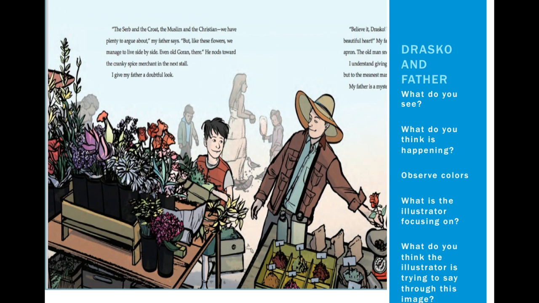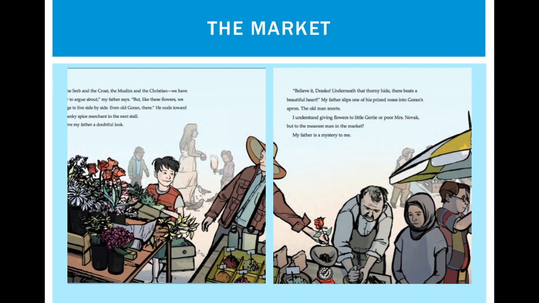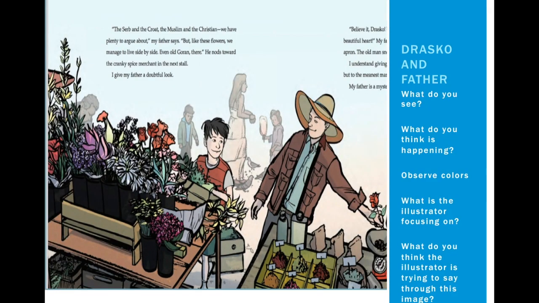When we look at the colors, the flowers are very bright. The colors that Driscoll and his father Milo are wearing are also very vibrant, as opposed to the people behind them that have a more muted color. It also brings us to that second or third or fourth question right there: what is the author or illustrator focusing on? And by showing that color, let me go back to it, by showing that color contrast, it's showing us that we are focusing right now on these flowers as well as